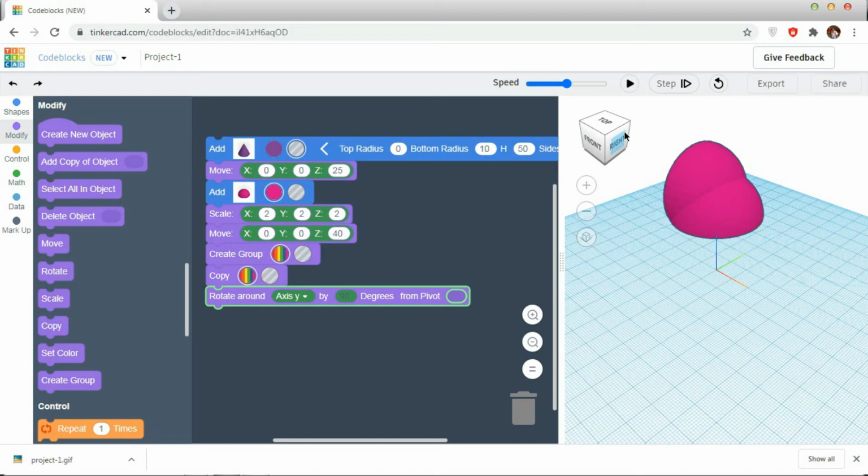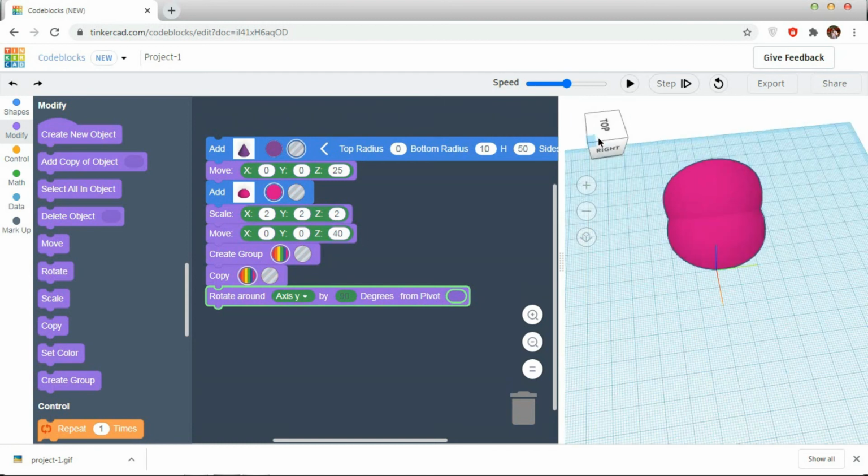Taking the center of this half sphere as the pivot, it is rotating. So we have created our object.